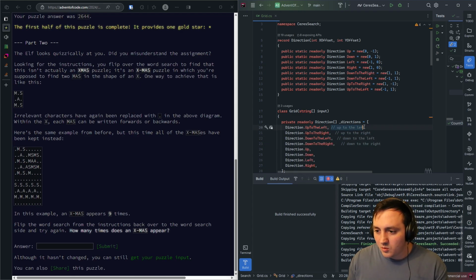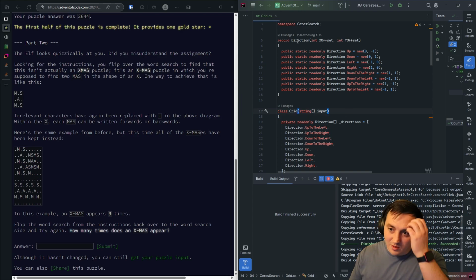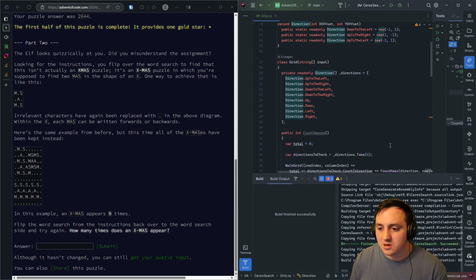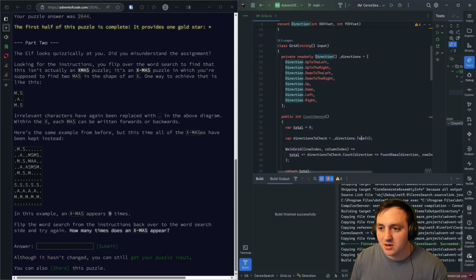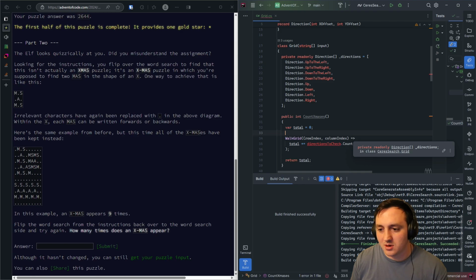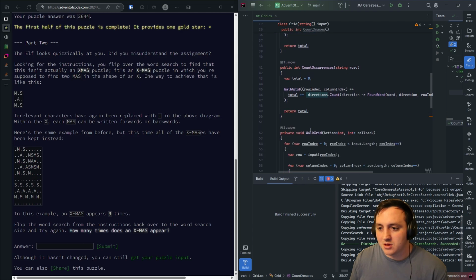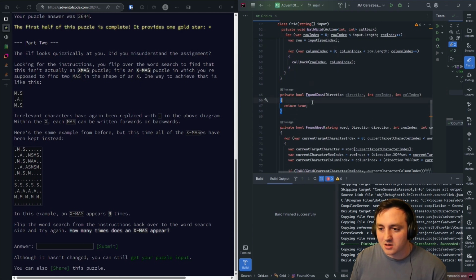Now, what's kind of nice about the fact that since these are records, they're going to be compared based on value equality. So what I can do is I don't have to do this anymore. I can still do this. And then when I'm looping here,